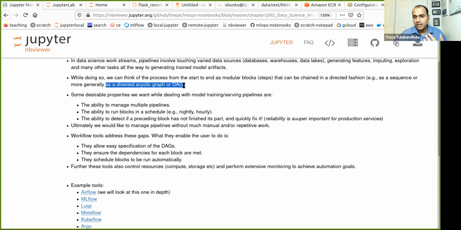Although I've been talking about modular steps, what is it specifically for ML workflows? It's just exactly what you already know. Fetching data, pre-processing data, training a model using data, and then once you have a trained model, getting predictions from that model, and then once you have the predictions, pushing them somewhere, maybe to a database, maybe to S3, or maybe to an AWS Lambda function, which exposes them to the world. Those are the tasks I mean by steps.